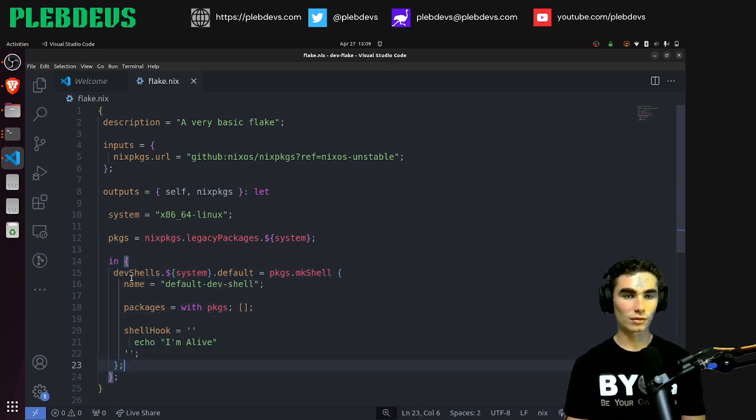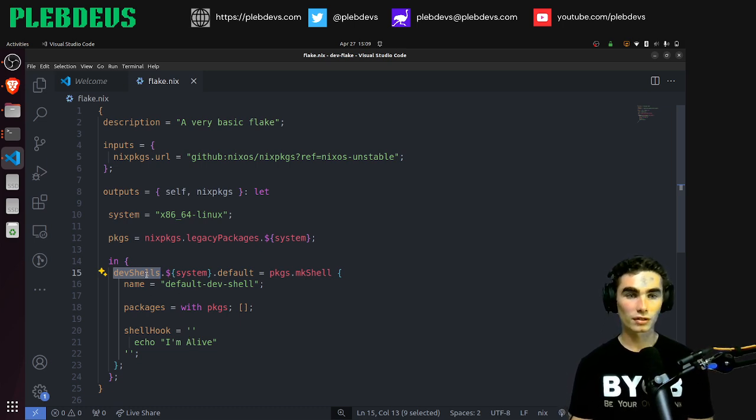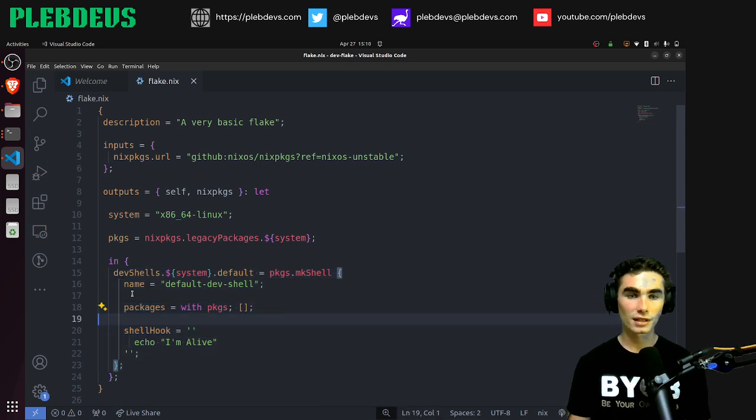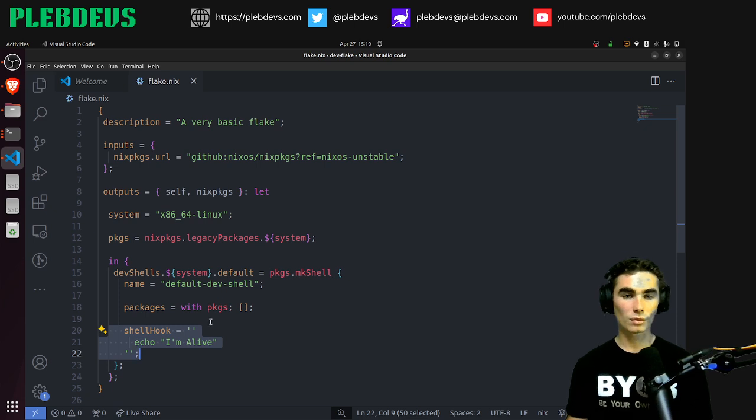So now we're saying that we have dev shells. You could have multiple dev shells, and dev shells for our system, and the default is going to be equal to packages.makeShell, which comes from the Nix packages. You can think of this as a function, and these are the values that we are passing to it. This shell is going to be named default dev shell, and right now it's not going to have any packages. And finally, it's going to execute this shell hook. So this is just bash that will be executed once the